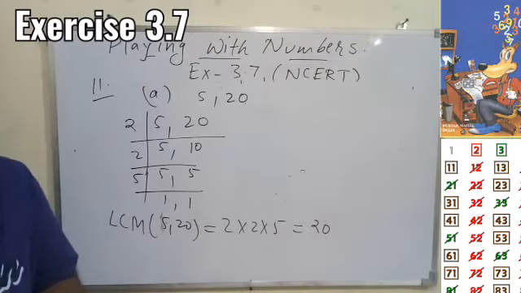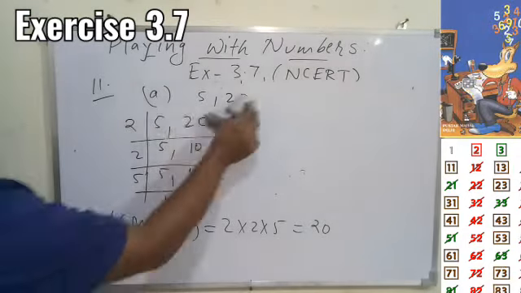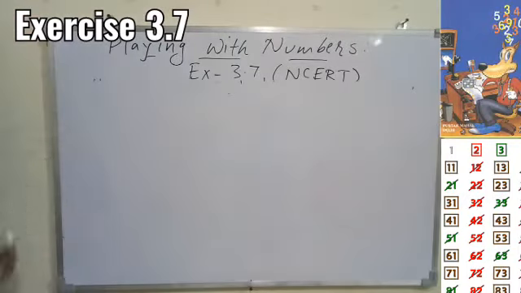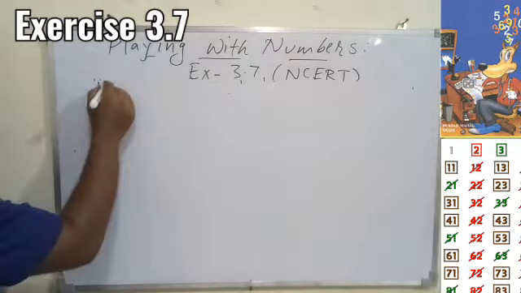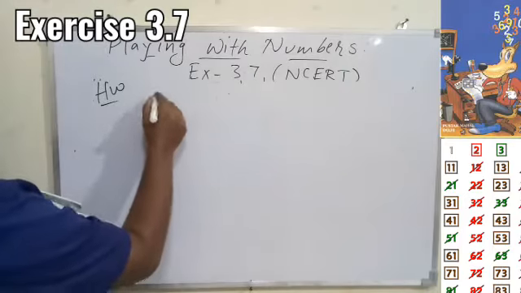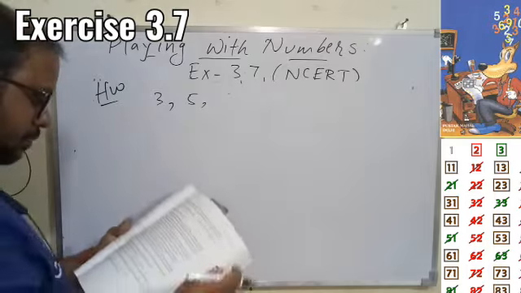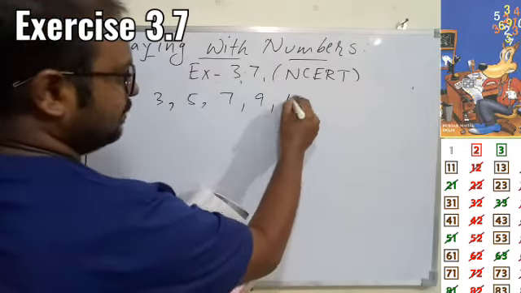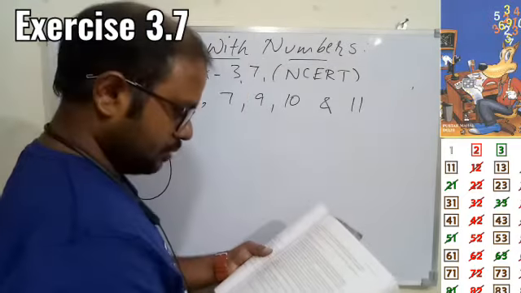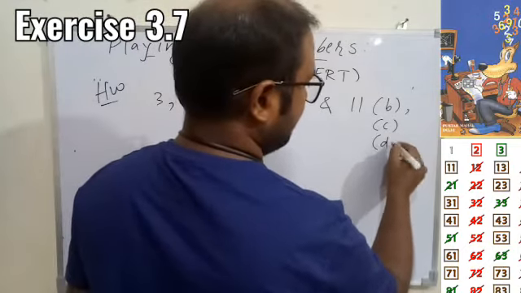I hope you understood the class today. The questions I am giving as homework are so that you can try yourself, and anything which is not clear you can ask anytime. For today the homework you have is question number 3, which I have not done, number 5, which I have not done, numbers 7, 9, 10, and 11 parts B, C, D. So 11 B, 11 C, 11 D.